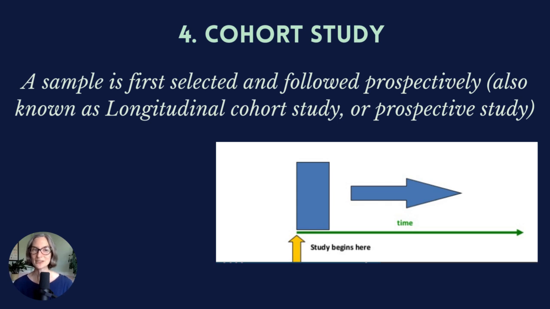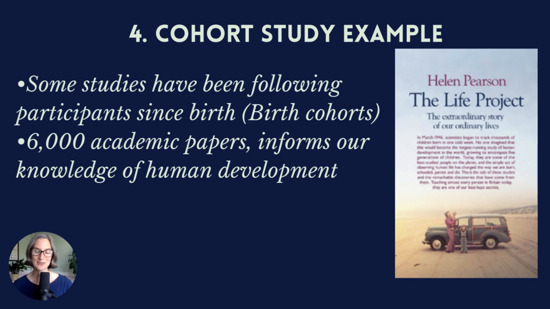Number 4 is a cohort study. So this is a sample that is first selected and then followed up prospectively. It's also known as a longitudinal cohort study or a prospective study because it's following them up going forward through time. So one of the most common examples for this, or maybe not common is the right word, but one of the longest running